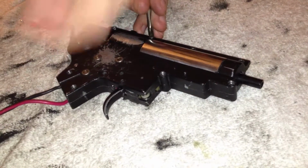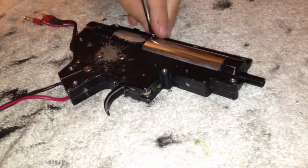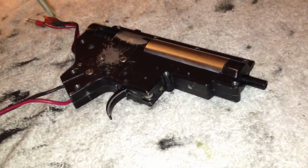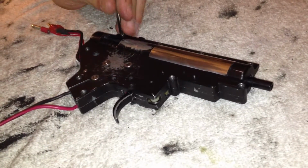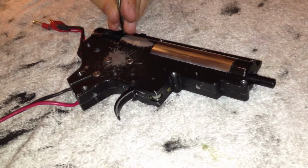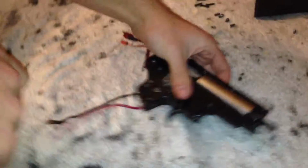Your gearbox won't be as scratched. Like I said, those scratches are from me trying to pry it open to detach the gears in the selector plate. I mean, from the fire selector. My bad. So now, once all your screws are out of the gearbox shell, you're going to need to take